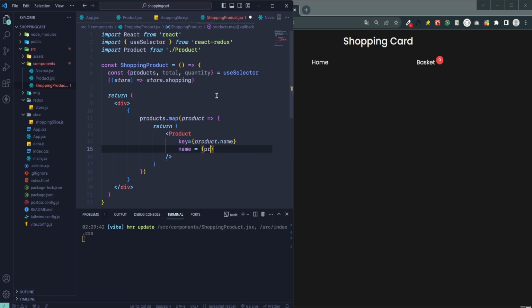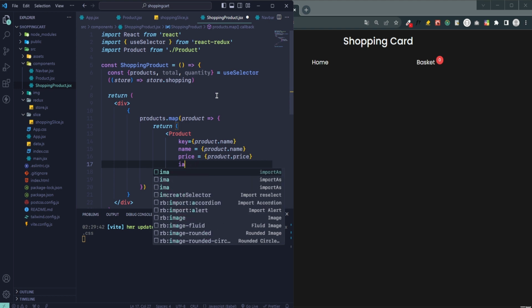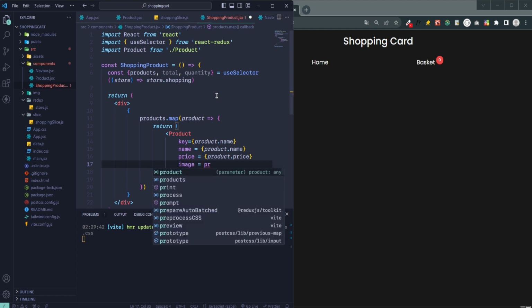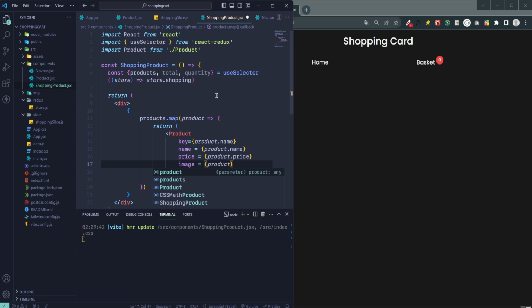And I add props name product name, and I add props price product price, and I add image props product image, and I add quantity props product quantity. Okay,